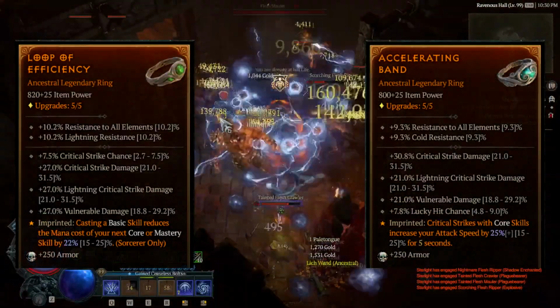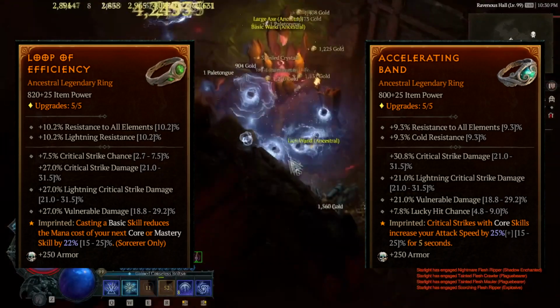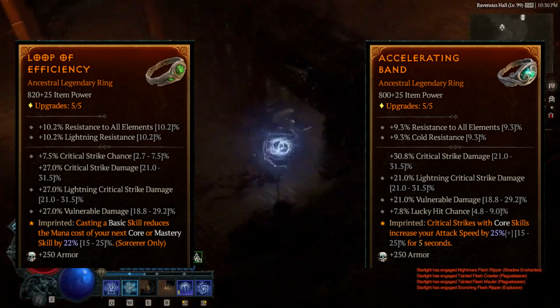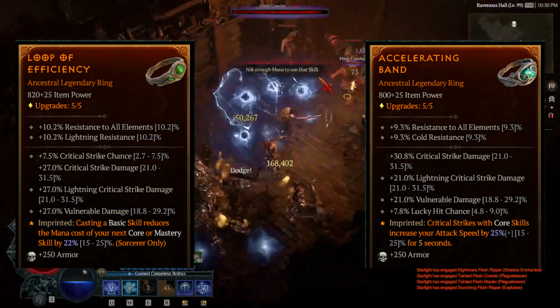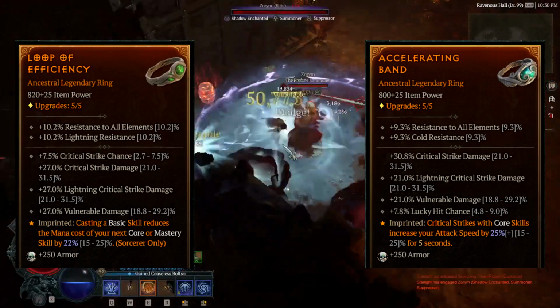On my rings, I tried focusing on crit chance, crit damage, vulnerable damage, and lucky hit chance. Any combination of the four is good, but honestly, the ideal ring would probably have crit chance, double crit damage, and lucky hit chance. I've imprinted aspect of efficiency on one ring to help with mana sustain where we cycle